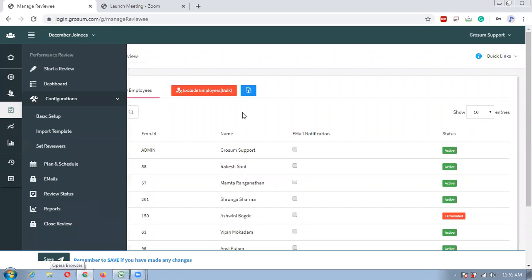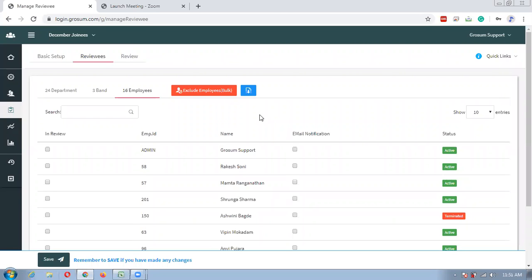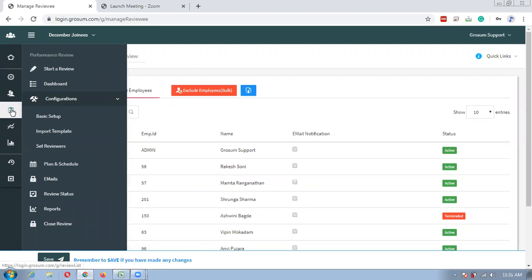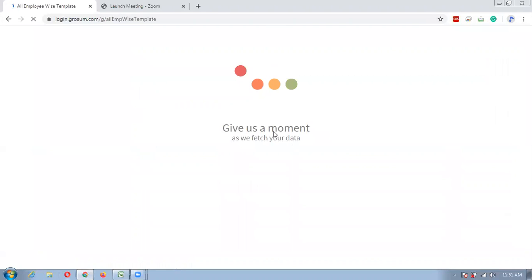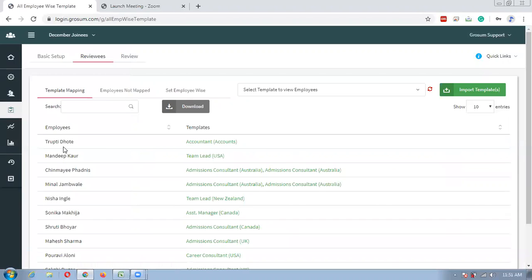FAQ 5. How to import a template for a review. Again, go to the performance review, click on configuration, and under configuration, you will find an option called import template. Click on import template. Once you click on the import template, you can see the employee wise template, what template has been assigned for the particular employee.